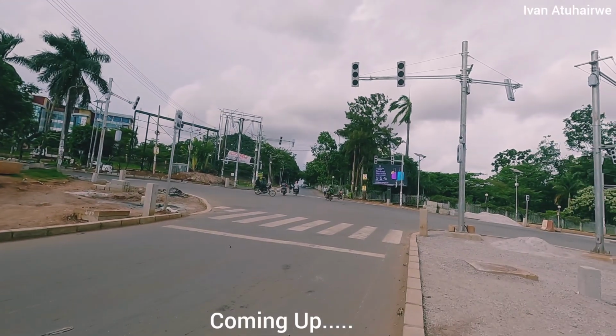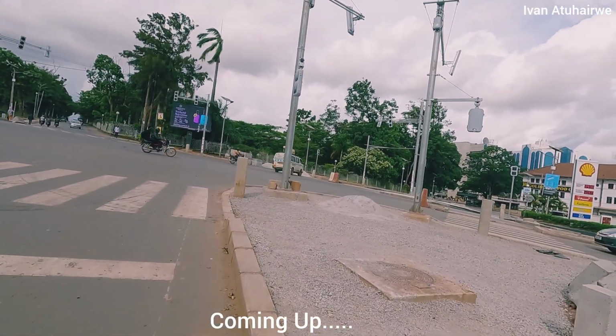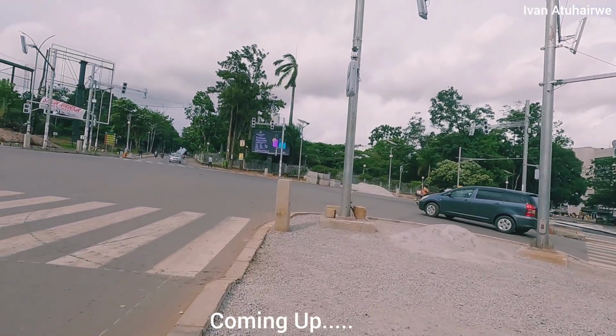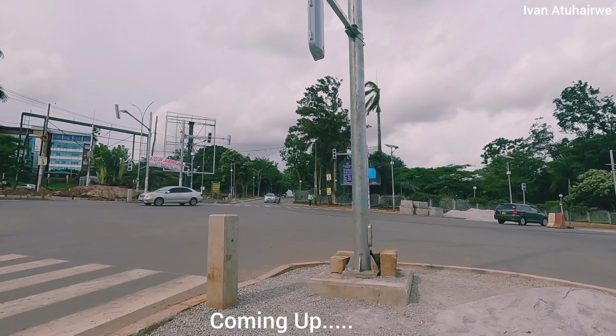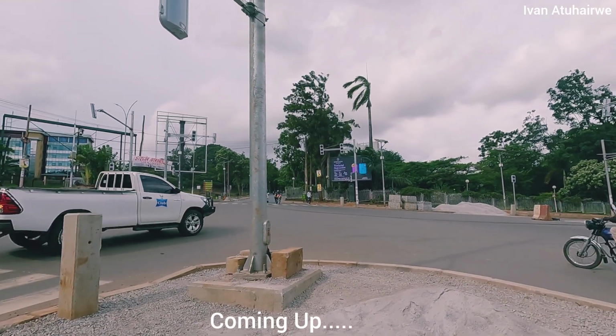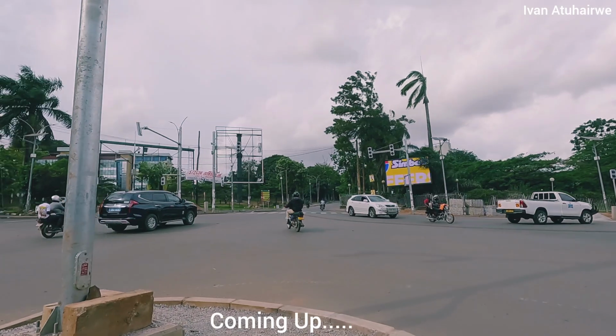We used to have a mega roundabout somewhere here, but the roundabout was taken away. It even had huge trees. They're all taken away. So this continues to the other side, to, what is this road called? That is the Tanan Avenue. That's why it continues to